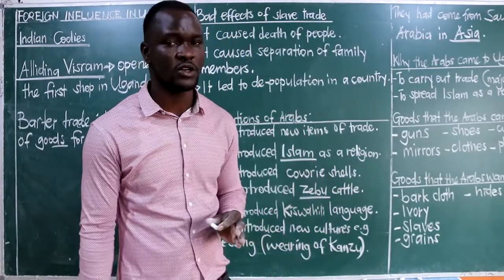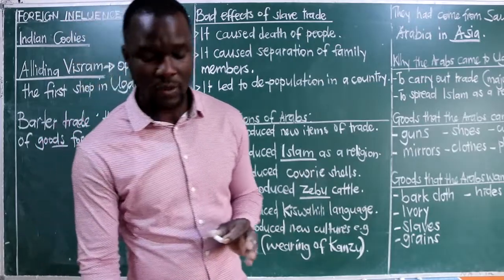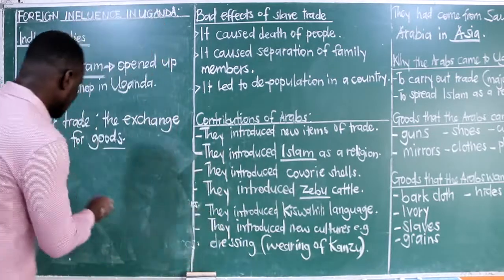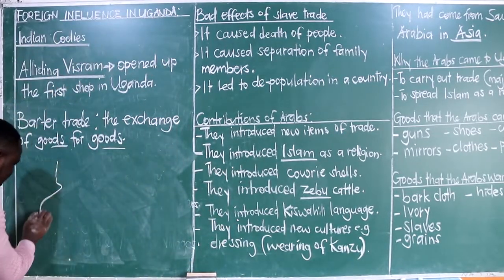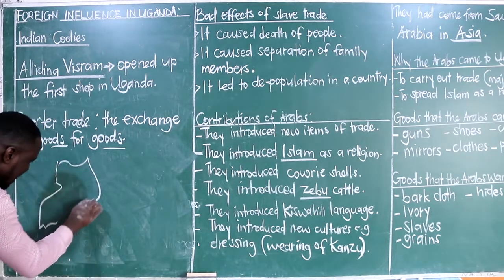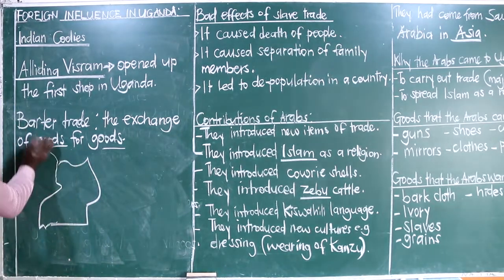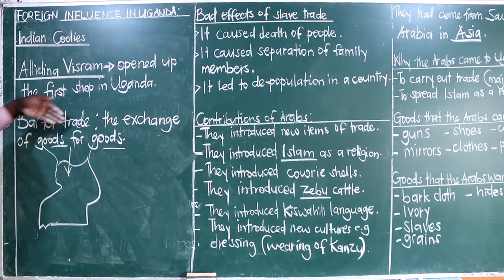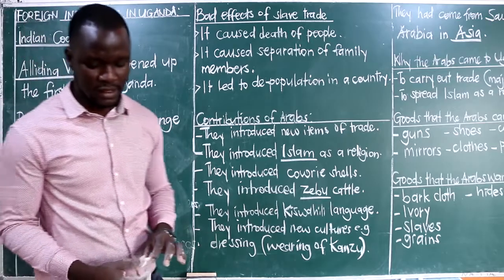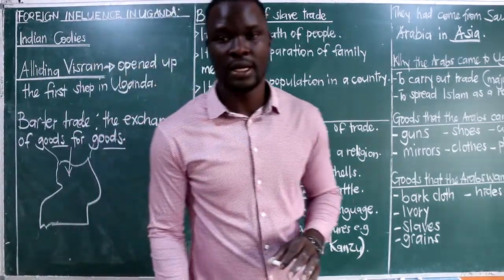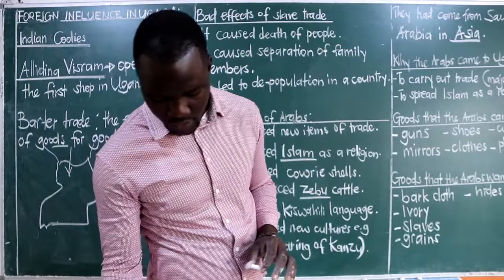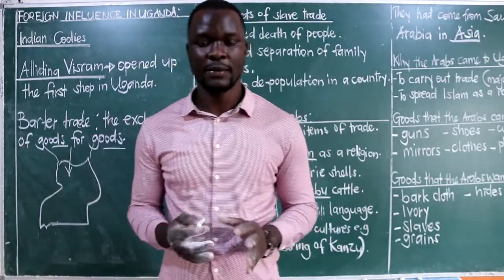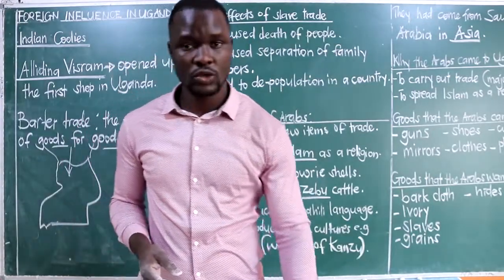Then we talked of the Karamojong traders, the Katumas. We say the Katumas are the ones that came from Sudan, and they entered Uganda through the northern direction. Meaning that if we had our Uganda like this, this was Sudan, so we had the Katumas coming from the north, entering Uganda to have trade taking place. So that is what we can share for that group of traders.